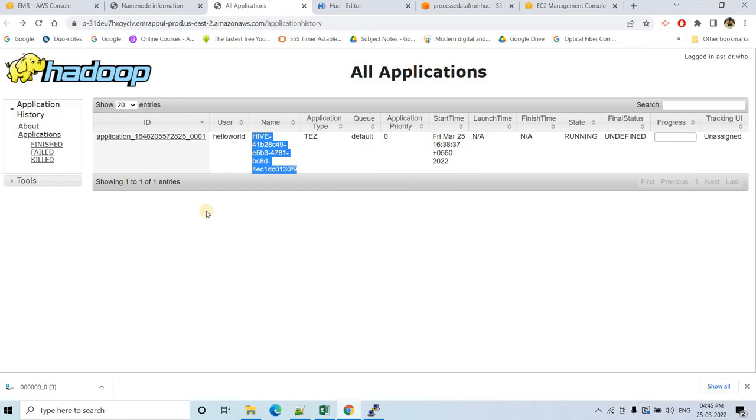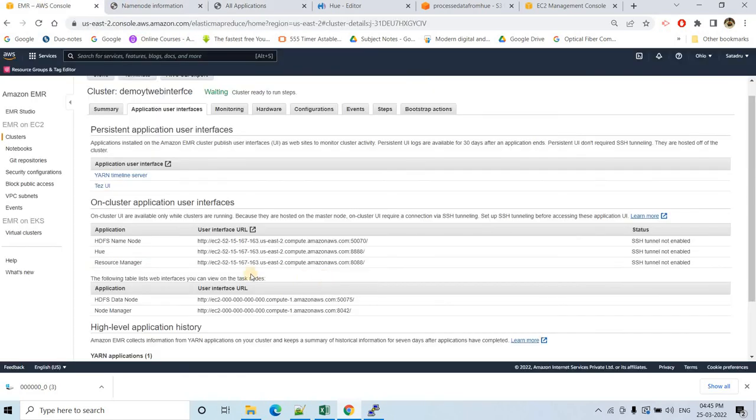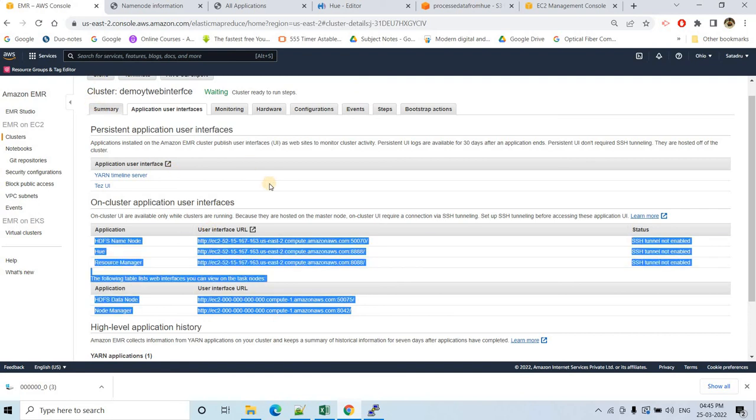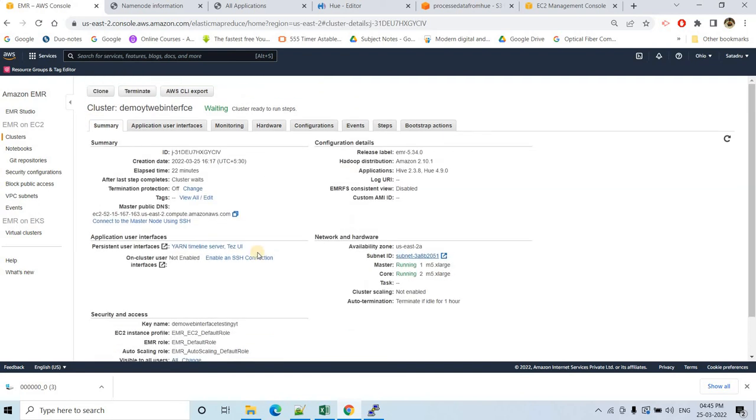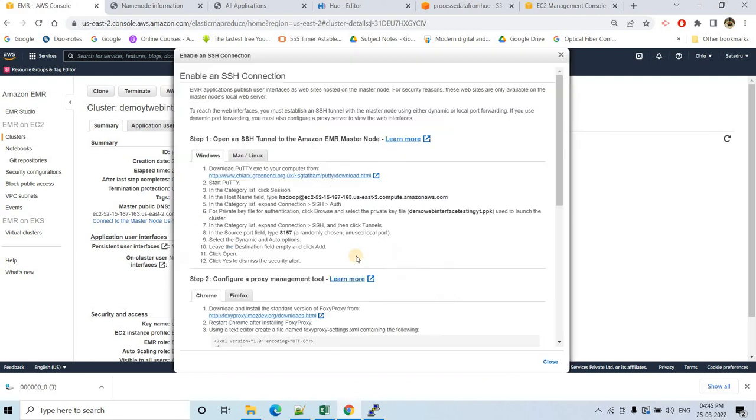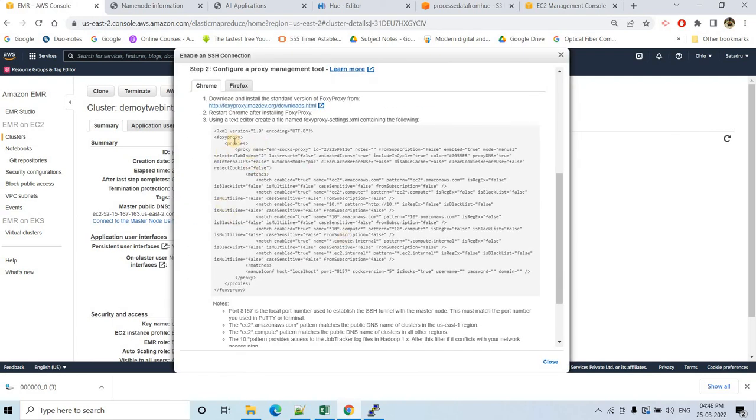So for tracking purposes and auditing purposes, you can use this interface, and some other interfaces for resource manager, HDFS data node, node manager, all these different application user interfaces you can view. Only thing is you have to set up Foxy Proxy and basically upload this particular file,